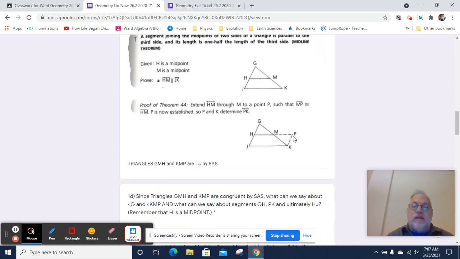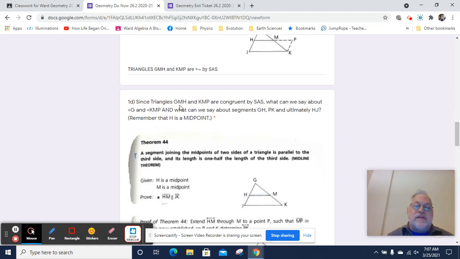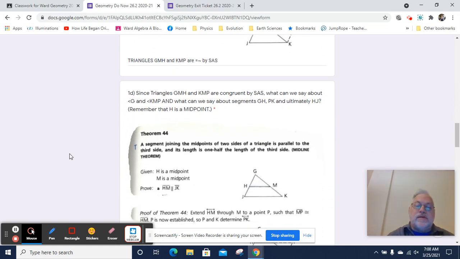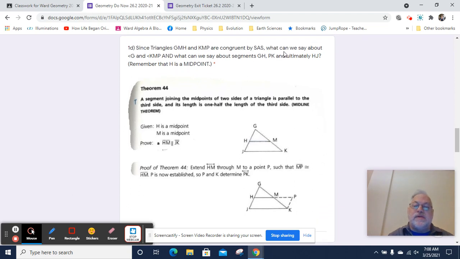Now, once we've proven that these two triangles are congruent, that opens up a bunch of things, like angle HGM and angle PKM are going to be congruent. Also, side PK and GH are congruent. So that gets into our next one. Since triangles GMH and KMP are congruent by side angle side, what can we say about angle G and angle